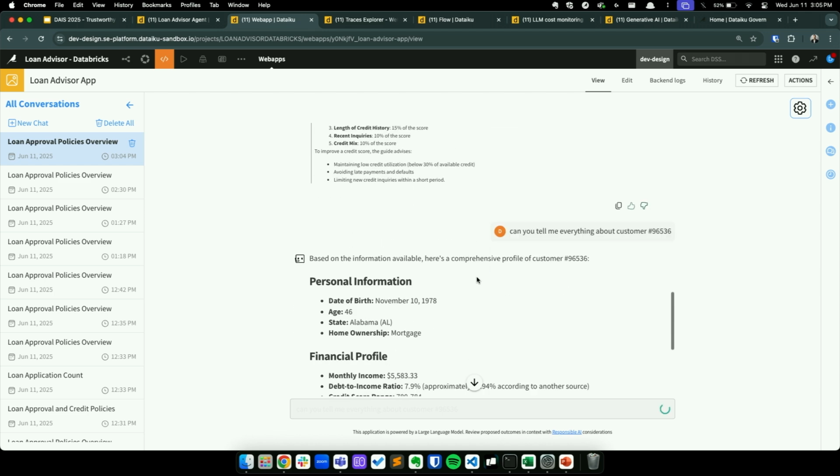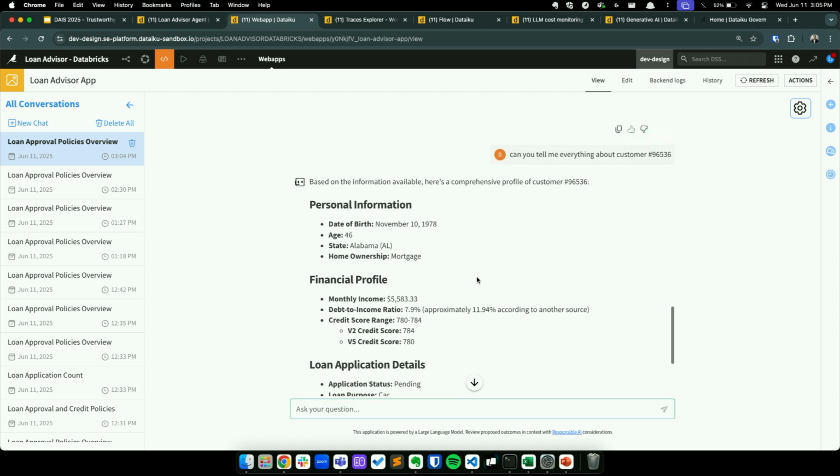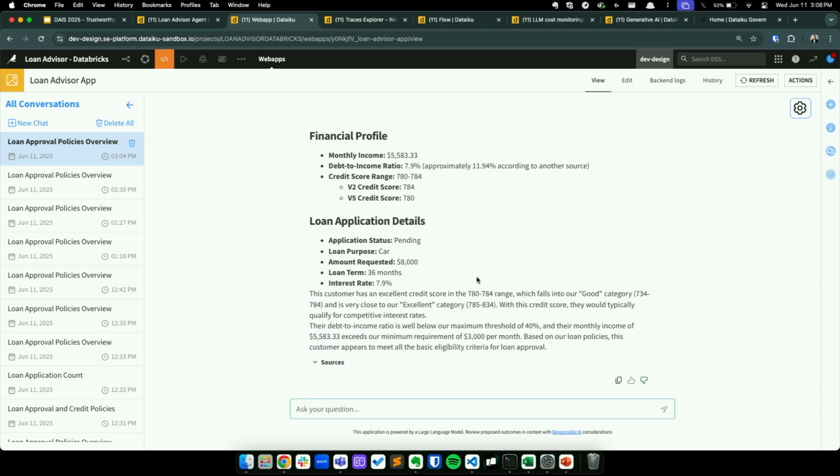Now, there we go. So it's provided me with information about that customer that you see here, and that all looks interesting, but I want to figure out, okay, based on our policies, are we likely to approve a loan here? So I'm going to ask it, can you predict if this customer is likely to be approved for a loan?